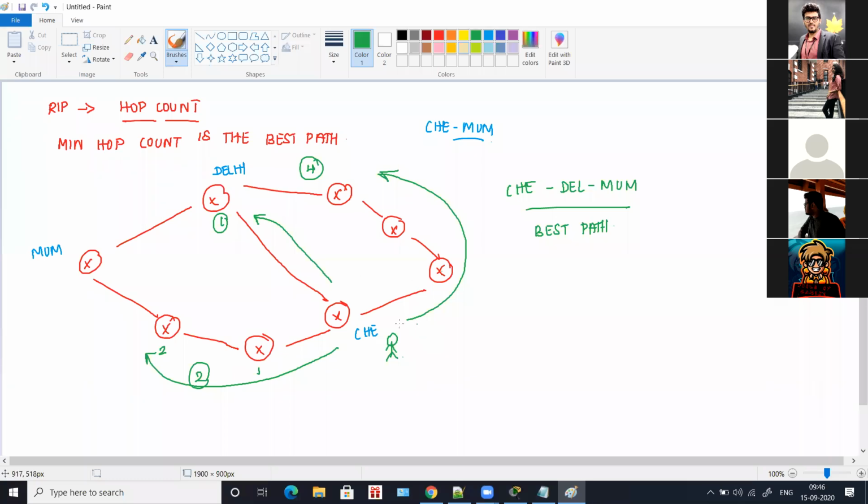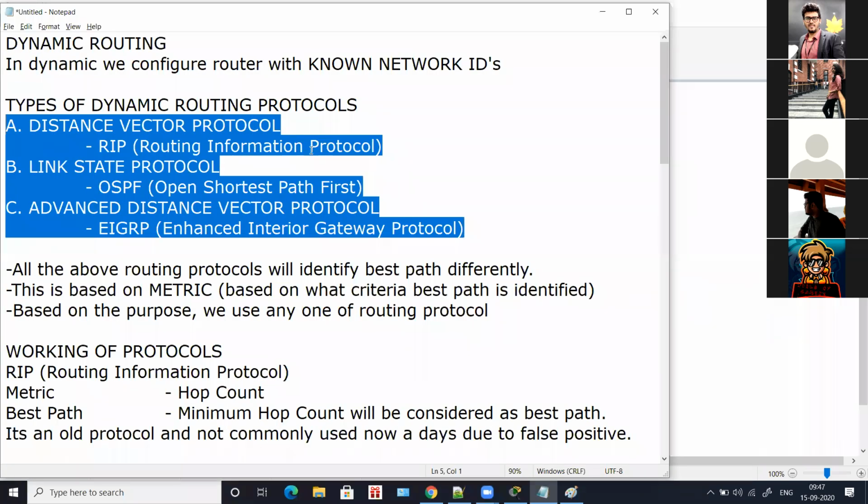Now let's take OSPF. For OSPF, we'll take the same diagram. I'll just add numbers here: we'll add 10, 20, 100 here, again 20 here, 10 here, and 30 here. Now the full form of RIP is Routing Information Protocol, which I've written here, and the full form of OSPF is Open Shortest Path First.